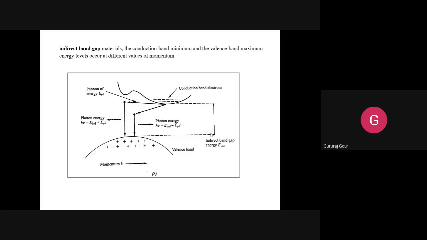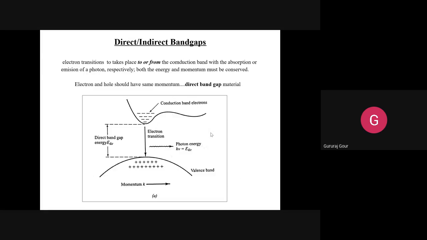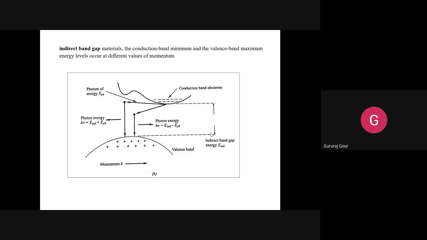Second point, this will lead to different kinds of radiations. In direct band gap, the radiation is straightforward, directed, and there is no difference in the momentum. Whereas in indirect band gap, there is a difference in their momentum. On one side they will add, and on the other side they will subtract, leading to increased or decreased radiation in one or the other direction.